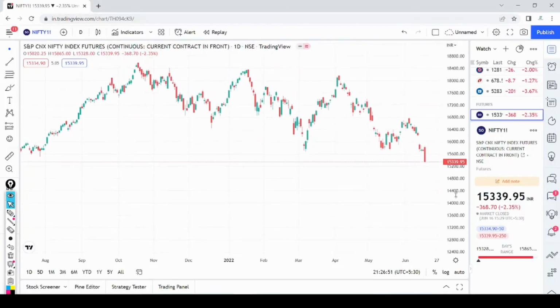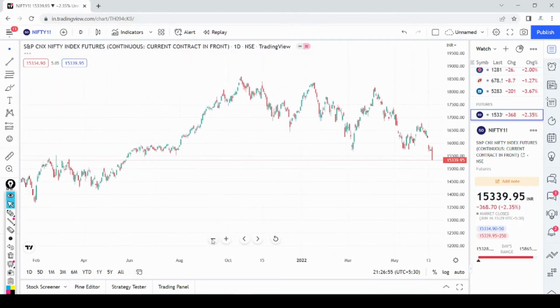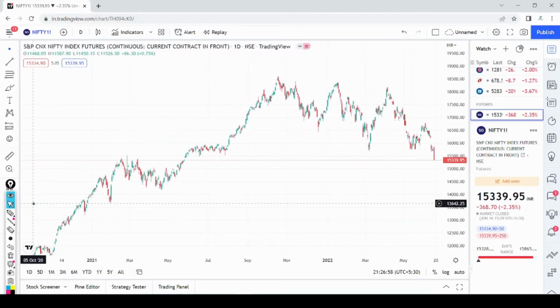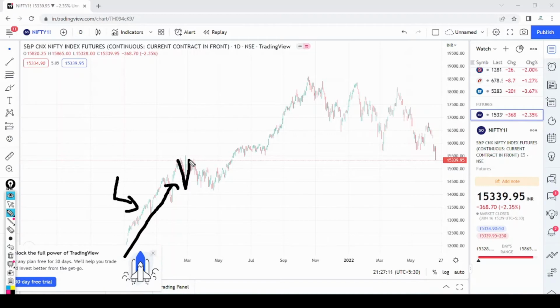Let me give an example. Okay, so look at this scenario. This is a daily time frame chart. What does trend following mean? Look at this, price is aggressively moving up. This is the main zone where trend following traders will easily make money. But look at this zone. If in this zone you try to follow the same strategy you followed in this uptrending market, if you try to implement the same strategy here,